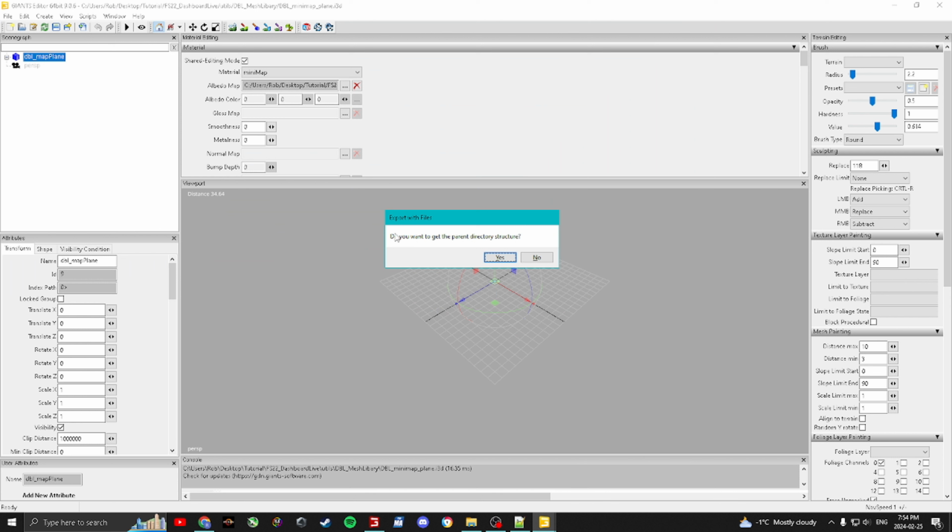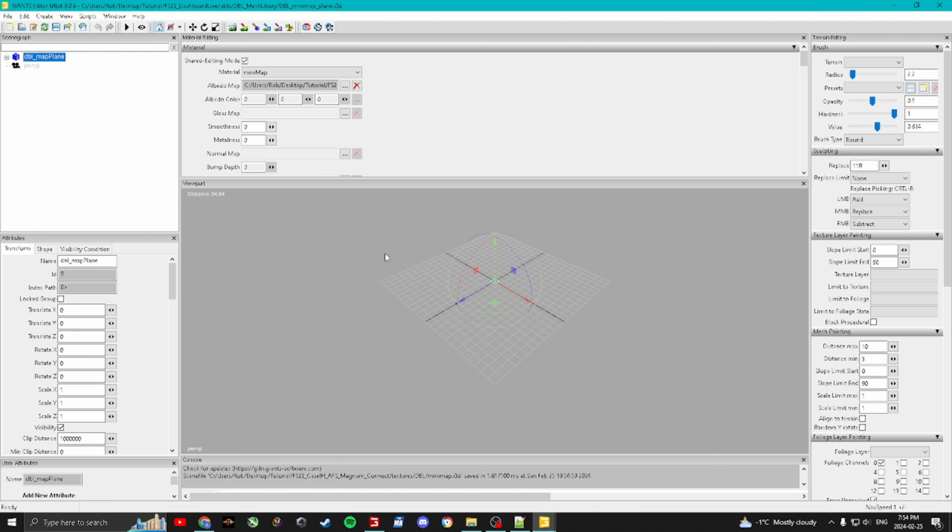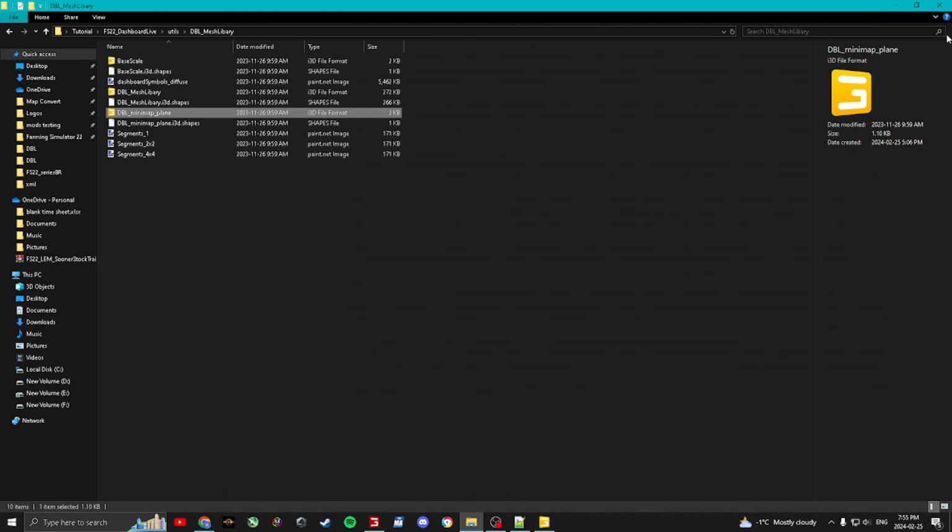But it's going to say export with files. Do you want to get the parent directory structure? Yes. Do you want to keep all relative path? Yes. We are completely done with this window now. So you can just close it,